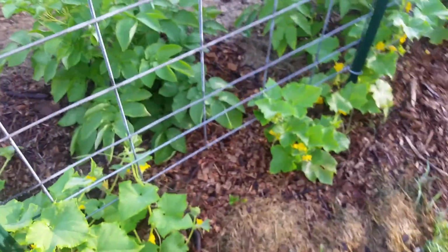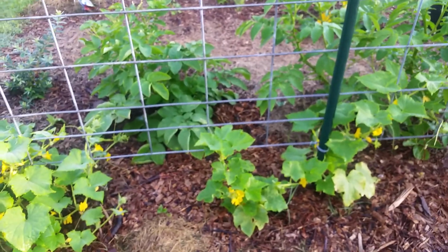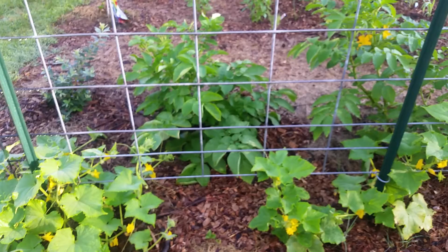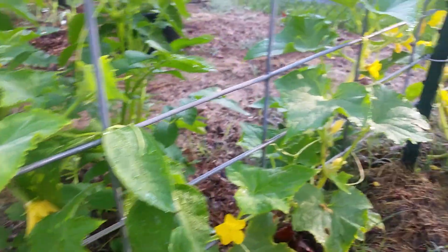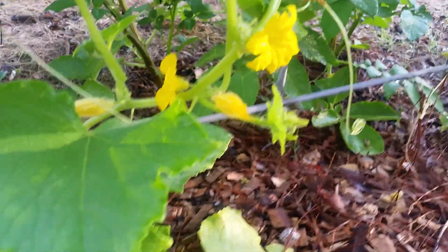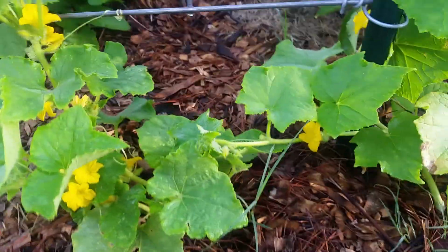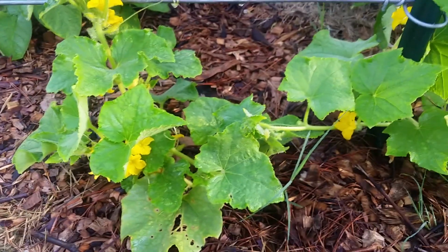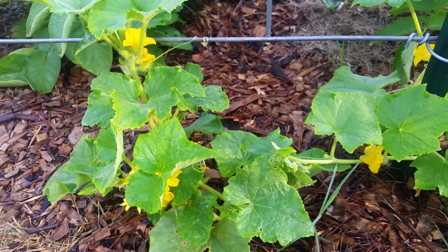These are double yield cucumbers. I planted them once before and they did a great job. And I wanted to do them again this year. They are taking off. Let's see, grabbing onto the potato plants. I'm gonna have to redirect that. Can't have that issue right there going on. So, lots of flowers, lots of male flowers. Lots and lots of male flowers. So I'm just watching the cucumber plants just to see what's happening. I keep coming out looking for the insects. Well, at least at the time that I come out, I'm not really seeing them, but